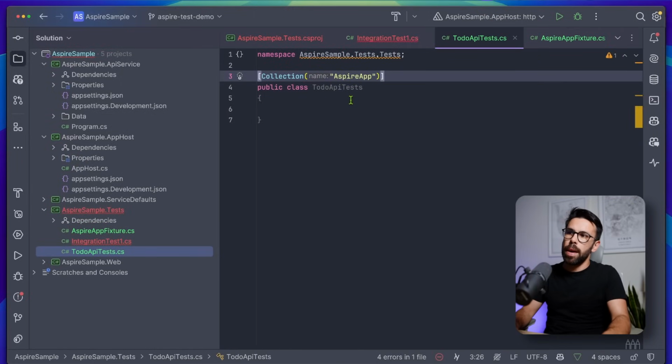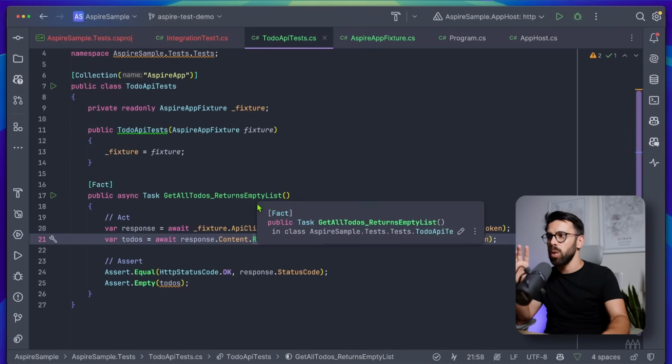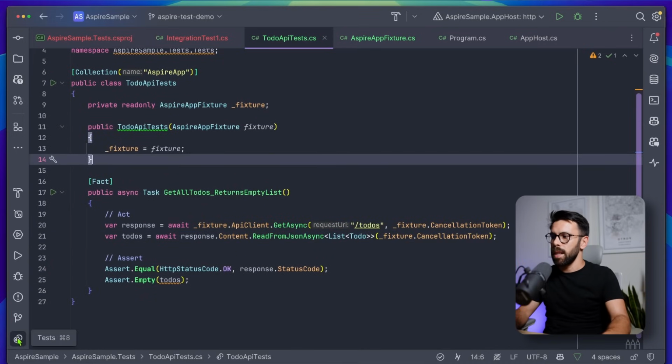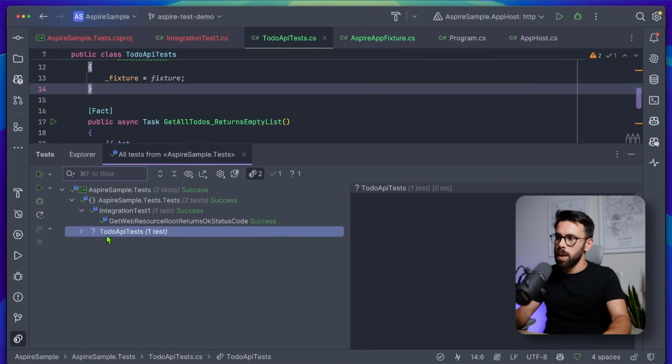Create a to-do API tests on that collection and bring the test in without all of that stuff that was there that we don't need anymore, because now it's part of the fixture. Okay, it's quite simple as you can see. That means that if we go here into our tests and we run them, now we'll see that they are